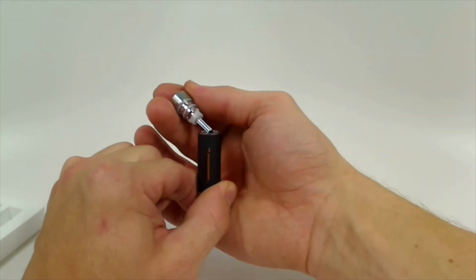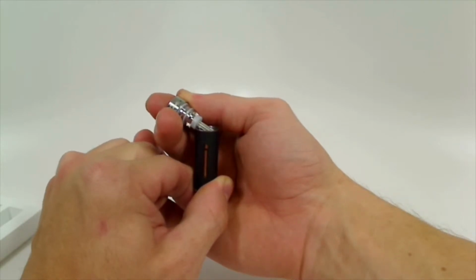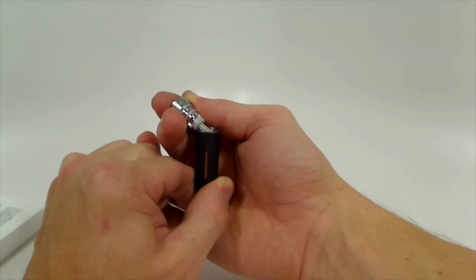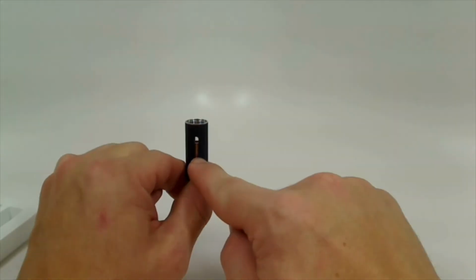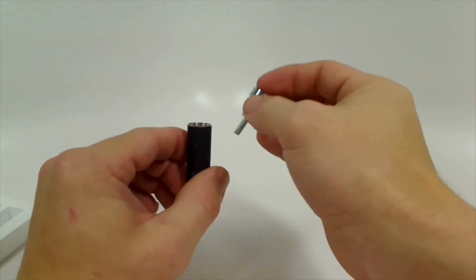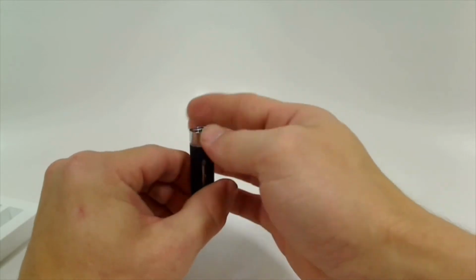And make sure that juice is pressed to the side there still so that you're not getting any juice down that center tube. Go ahead and continue filling it right up to the edge of that post. Once you've filled that up, go ahead and drop your coil and your base down in there and tighten it